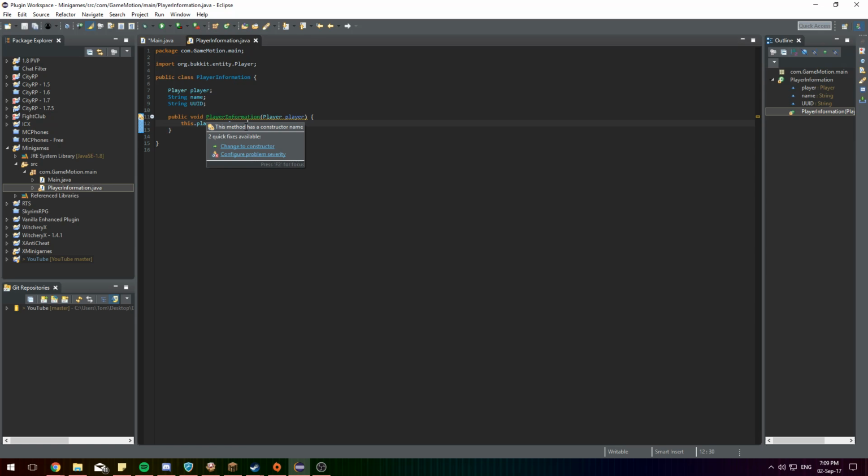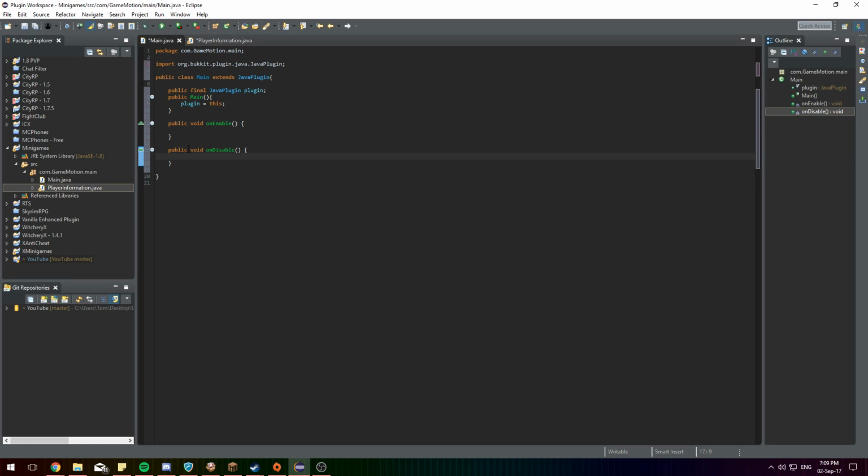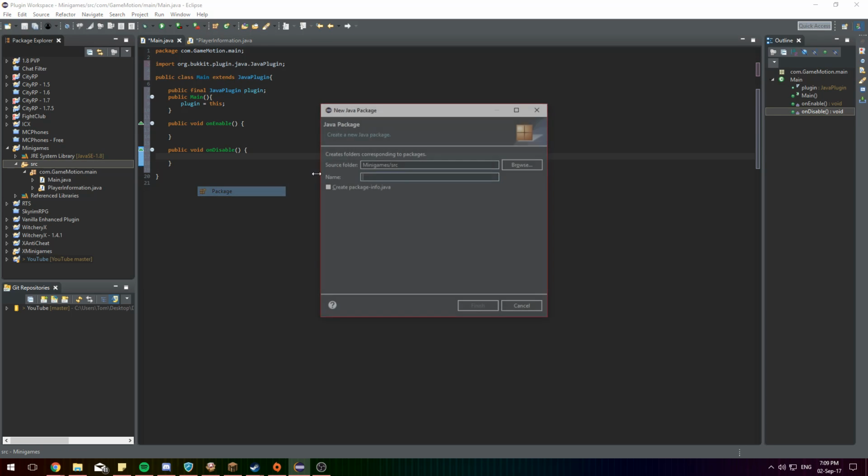Oh yeah, sorry, you don't need a void because it's ran when this is done. Okay, so we have the player, we have the name, we have the UUID. I'm trying to think what else we might need. I'm going to create another